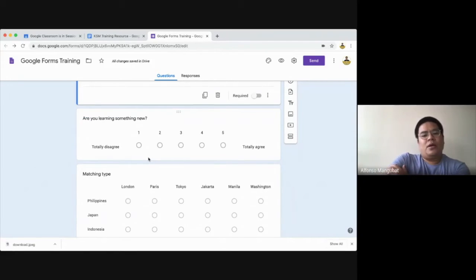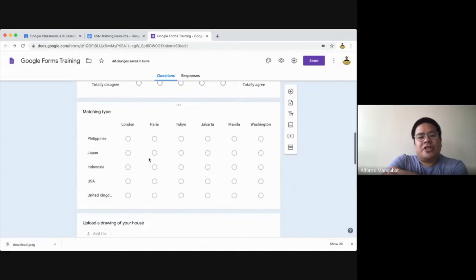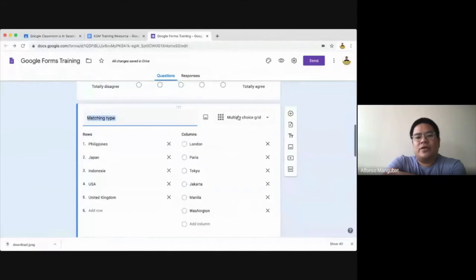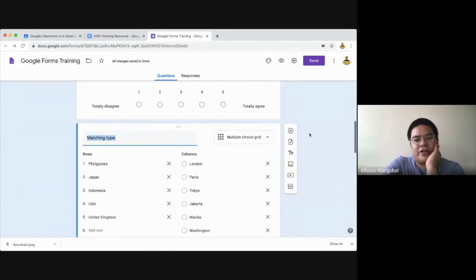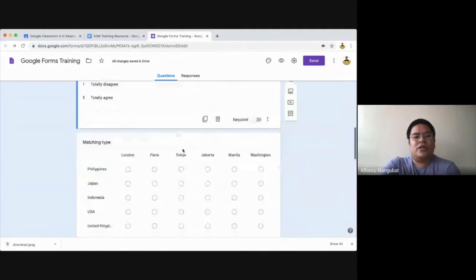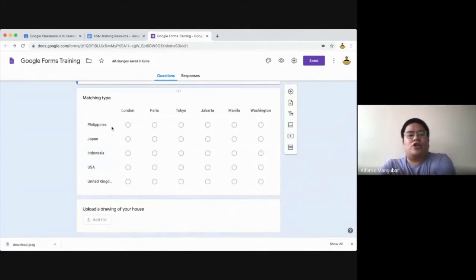Okay. And then next up, we have the matching type, or what's known as the multiple choice grid. So in the multiple choice grid, you can arrange your different questions into rows. And then in the columns, you can give your students options for their answers. So if you'll notice, matching type. So if we're going to match the capitals of these countries, your students can select those capitals from the columns